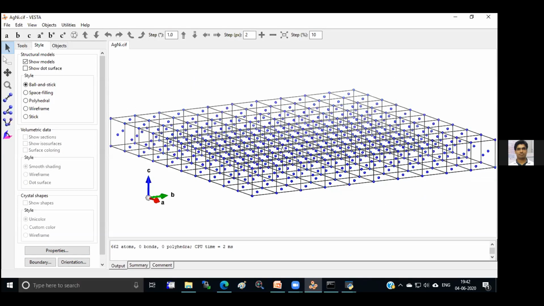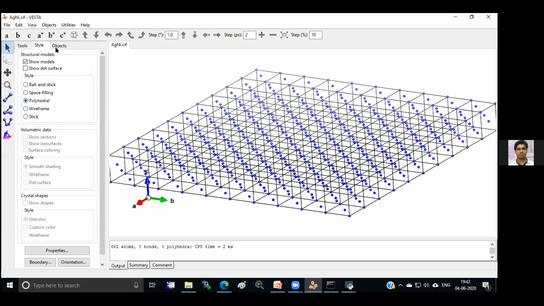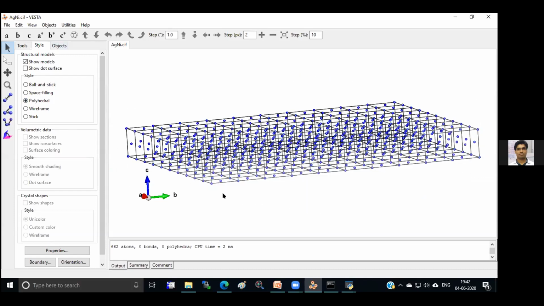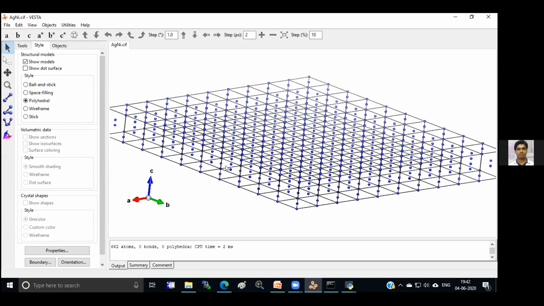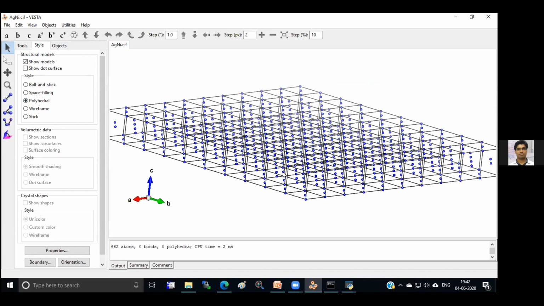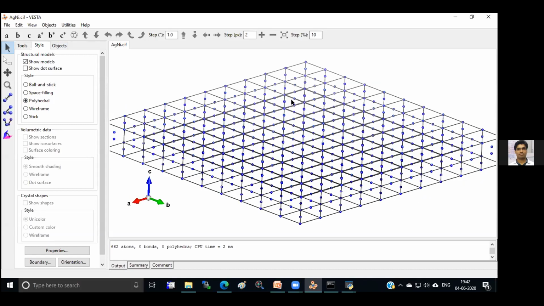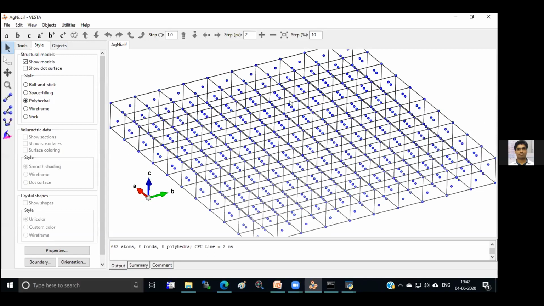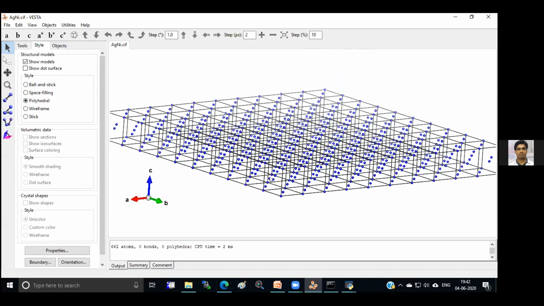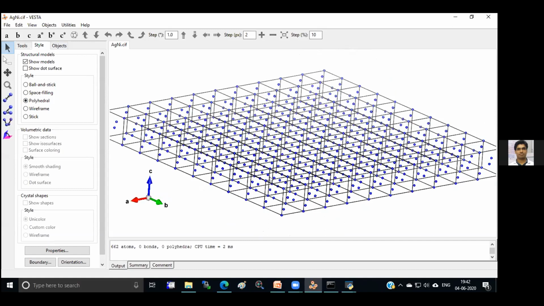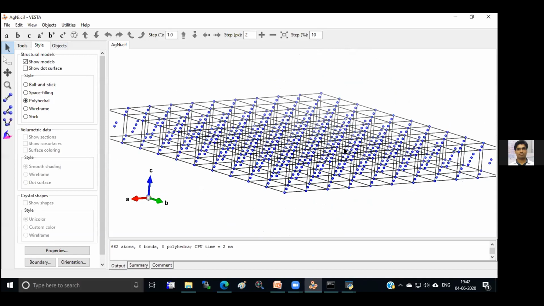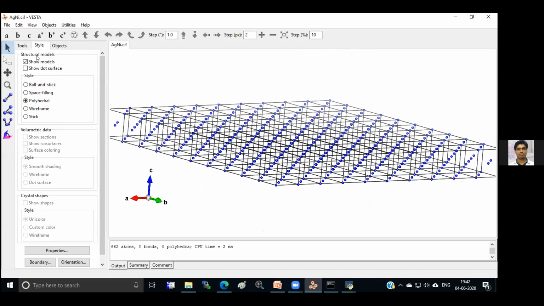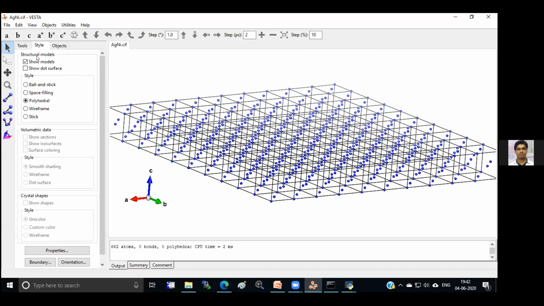Okay, you can change the color, you can make polyhedral visualization, but here no polyhedral will be there because it is a cubic structure and the distances are not allowing us to draw the polyhedron. In an oxide system or other metal-ligand system, if there is an octahedra or some other symmetry, you can draw the polyhedra also. So like this way you can make the three-dimensional visualization.